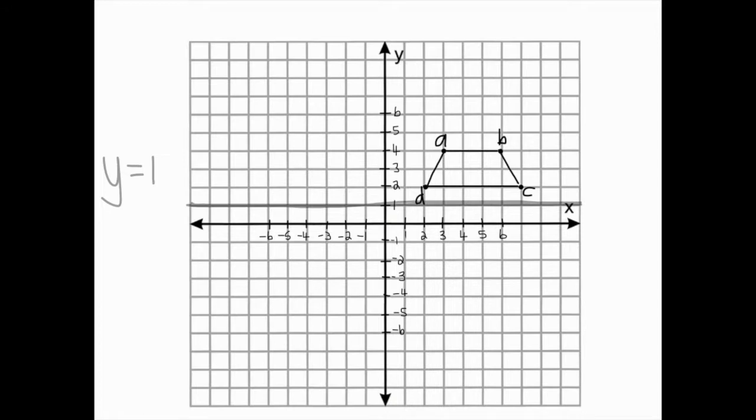So that would mean that you would be reflecting across this line. C and D are only 1 space away from this line of reflection, so we would be finding our points around here. If you are asked to reflect across x equals 2, you will need to find the 2 on the x-axis, which is here, and you will need to draw a vertical line through the 2 on the